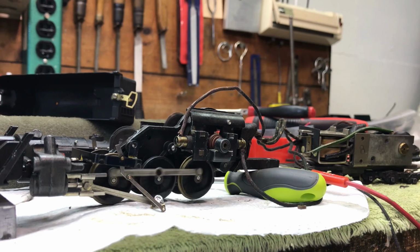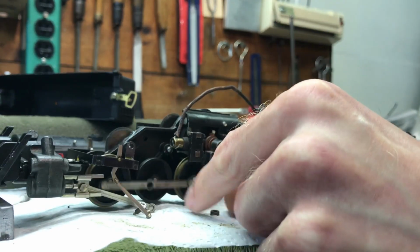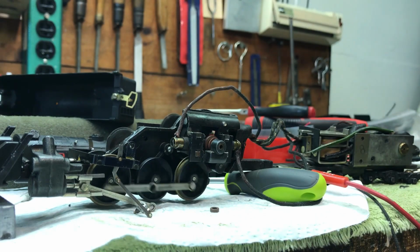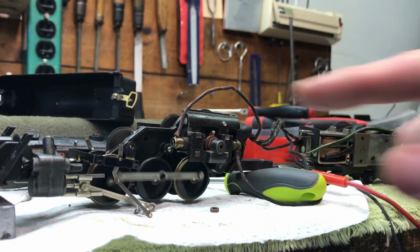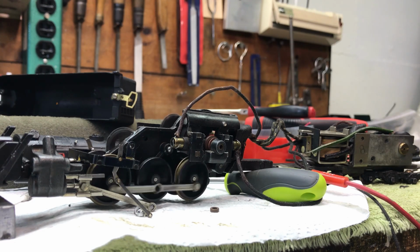I think this piece fell off because it reverse threaded out of the bakelite, and the bakelite is very soft, so if the threads are screwed in and out too much, it might have just stripped the threads out and it might have just fallen off. And I'll have to be very careful with these. Again, these are super old, so